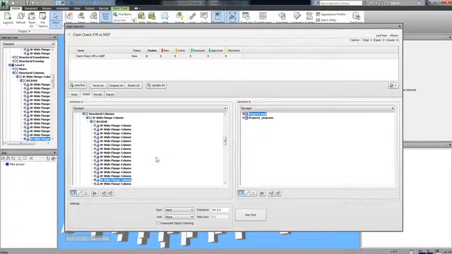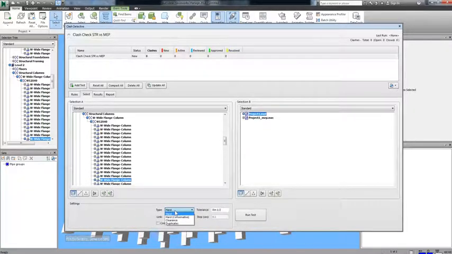In this lesson, we'll show you how to run the Clash. Now before you can actually run the Clash, you have to set first the type of Clash that you want to run. Navisworks provides 4 different types. Before we choose a type, or get started on the Clash test itself, first I want to describe to you what the different types are, so that you can understand when it comes time for you to run your own